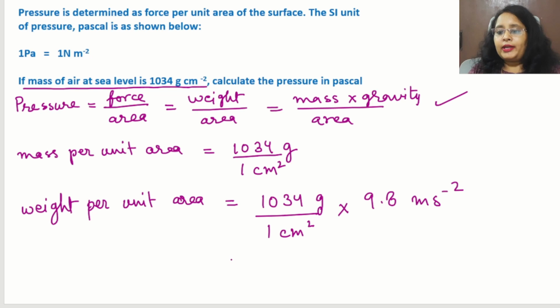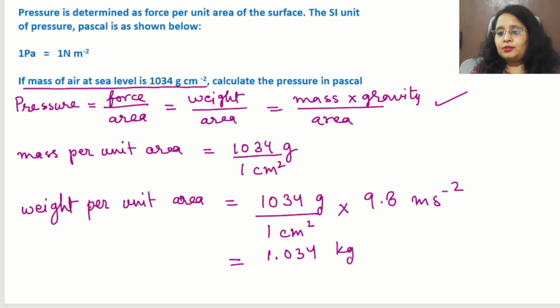Now, before doing calculation, we can check the units. The gravity is in the standard units, but the mass per unit area is not in standard units. So first we convert it into standard units. For that we knew already in class 9 that 1 gram is equal to 10 to the power minus 3 kilograms. So we will do like that,